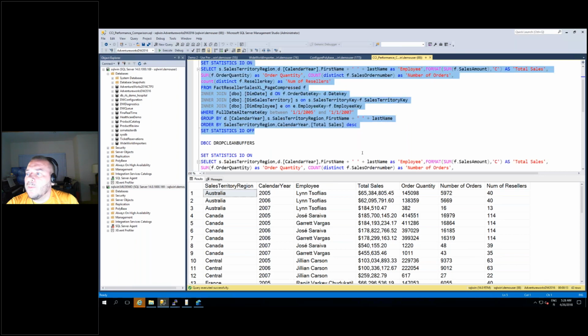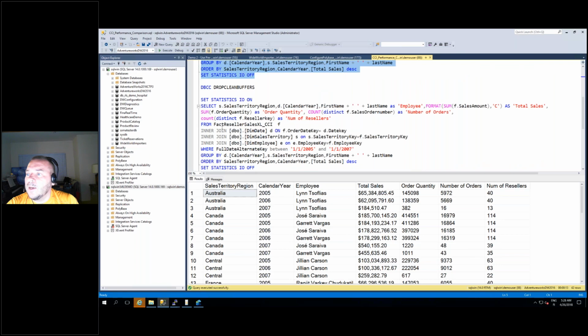So let's run the same query against the same data, but now in this example, the Fact Reseller Sales XL table actually has a clustered column store index. So it's actually the storage mode for this data, and what we are doing is compressing all the columns in 1 million row segments on the disk, and we are running the query where we only pick those column segments from the disk that are relevant for the aggregation.